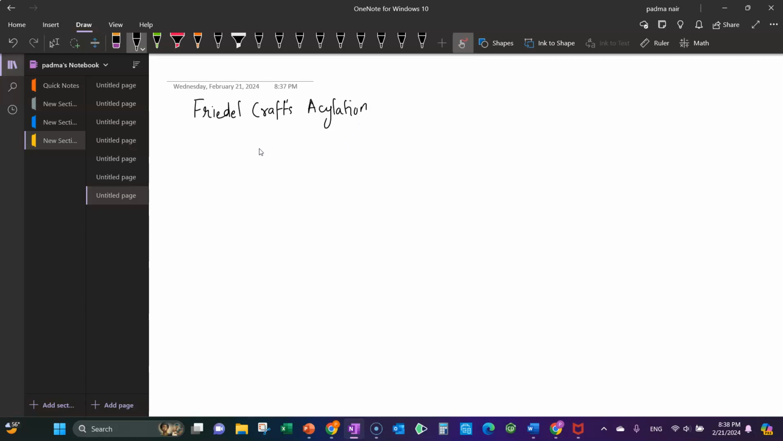What is an acyl group? So an acyl group is, say for example this one, this part would be an acyl group. Okay, so we are introducing an acyl group onto the benzene ring. Okay, so let's write down the overall reaction again. Benzene,